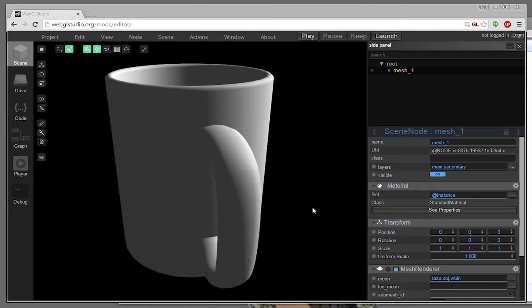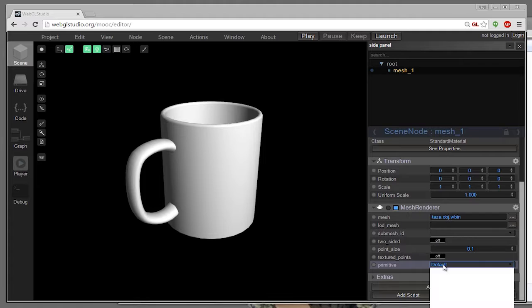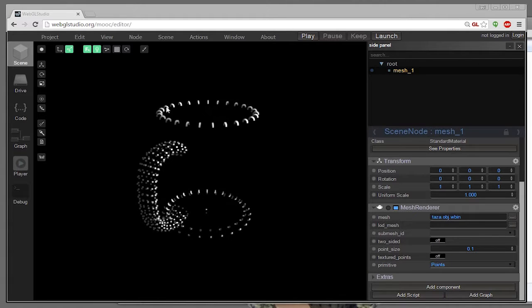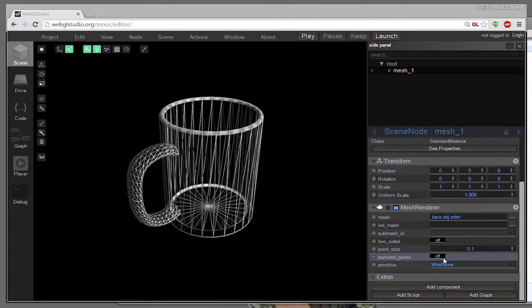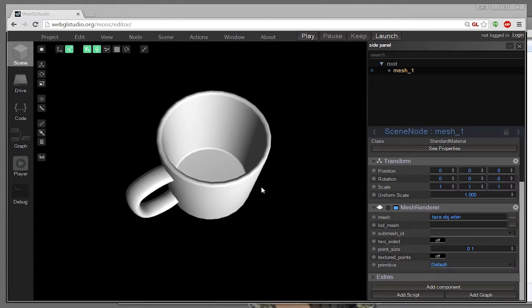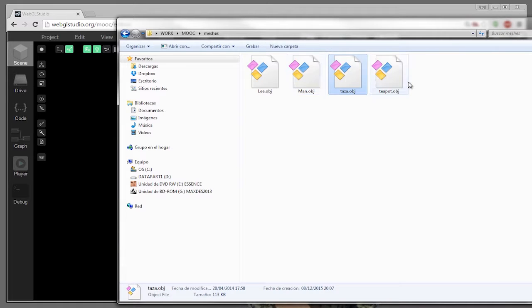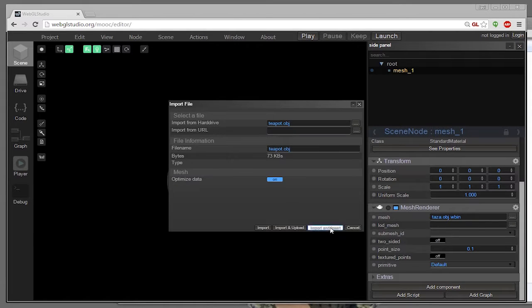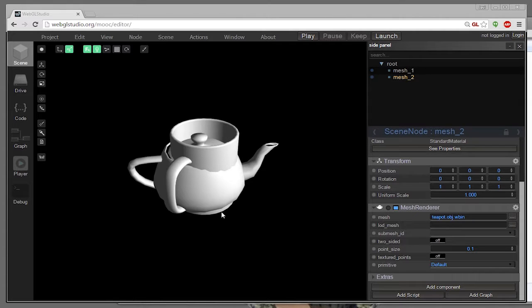So this is a cup, and as I said before, it's a 3D object, but it's made by all these points that define the vertices of the mesh, and if you connect all of them, you have the 3D mesh. But because we are going to fill it, we are going to have this nice cup. And I'm going to drag another one, in this case, this one. This is a teapot. I'm going to insert it here. So now we have two objects, but the problem we have here is that both objects are using the same 3D space, so they overlap, and we don't want that to happen.